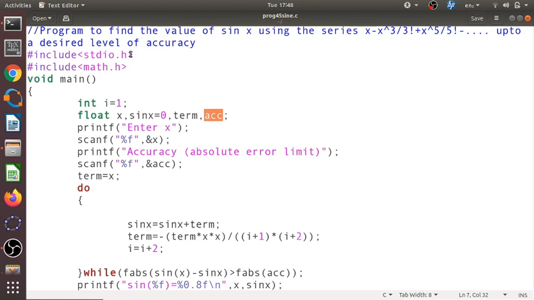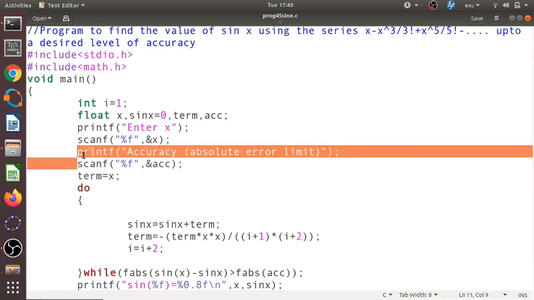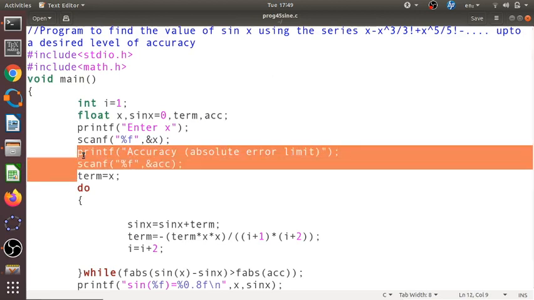We already have a function to compute sine inside C itself, an inbuilt library function, sin(x). So we will compare our series sum with that inbuilt function. That is why we are asking for the desired level of accuracy, that is the absolute error limit.